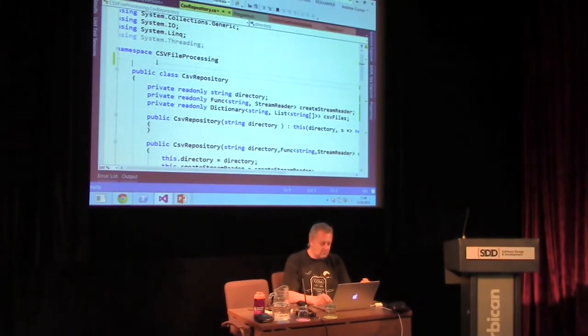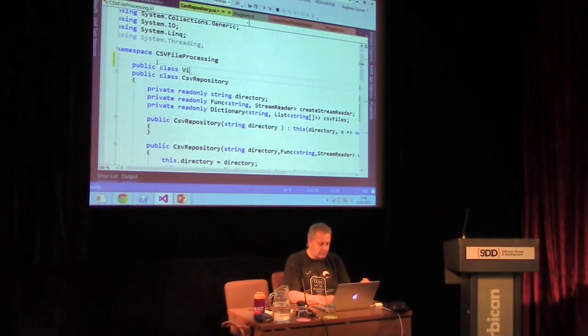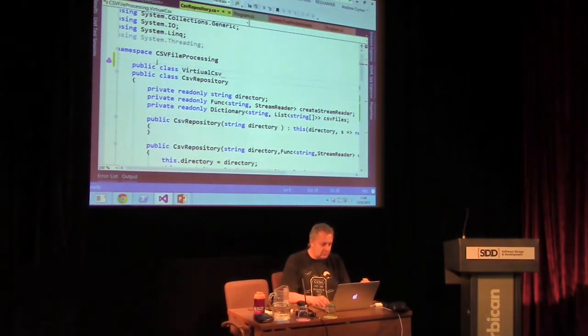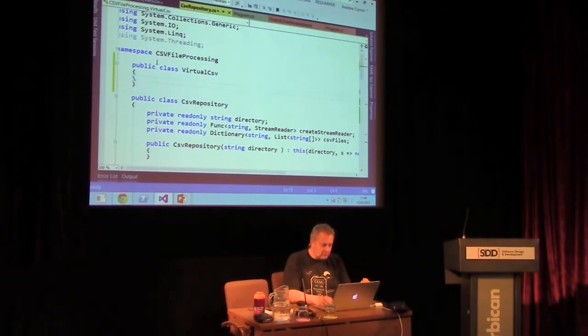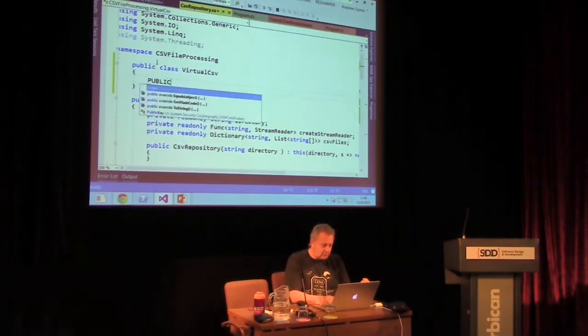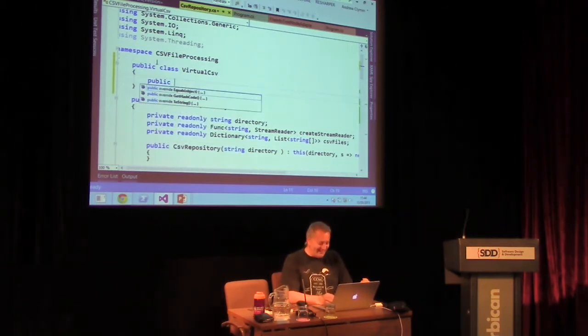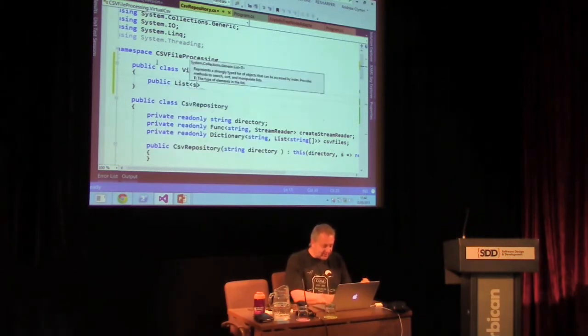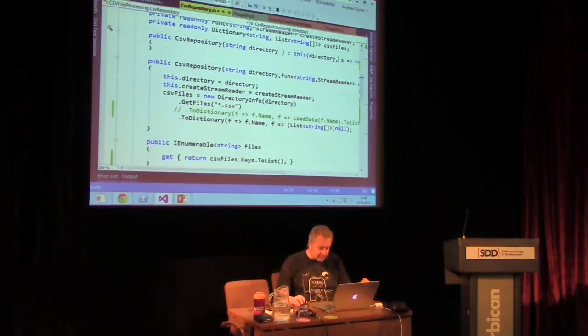So go to the top of the code, and let's create a public class called VirtualCSV. And in there, I just want a single public list of string array, called rows. Right? List of string array. And then inside the dictionary now, instead of having a dictionary of list of string array,